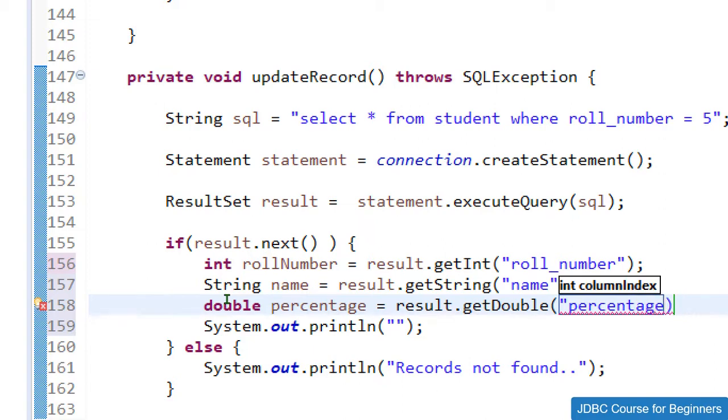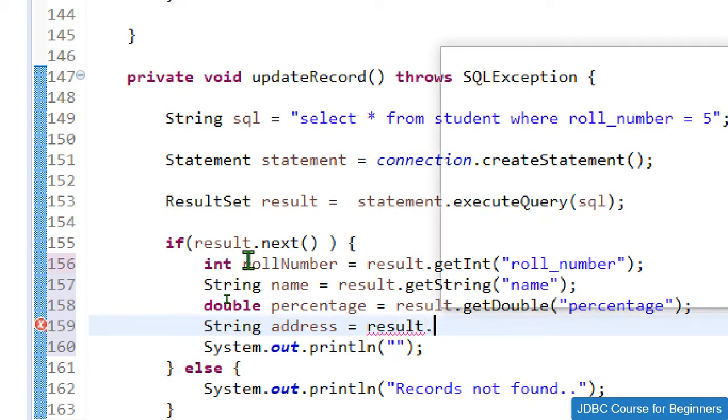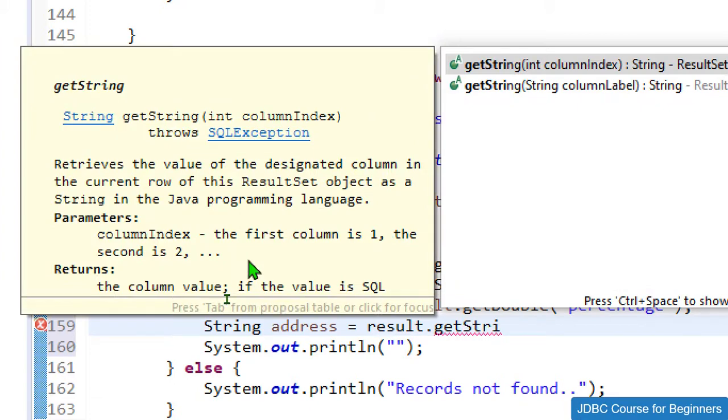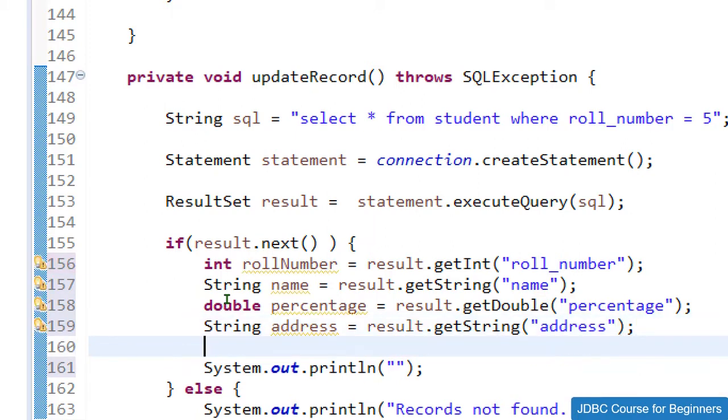And at the end, let me just add string address is equals to result.getString, and my column name is address, like this. And now we are able to fetch the result and store it into the variables.